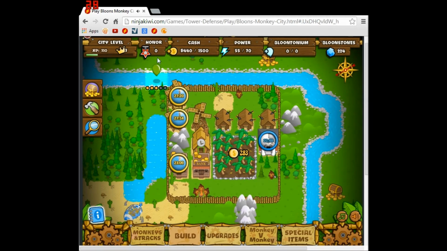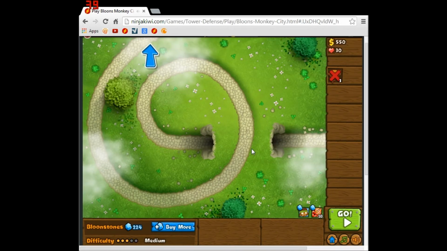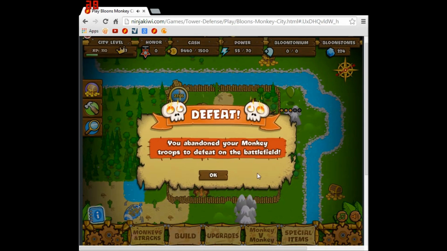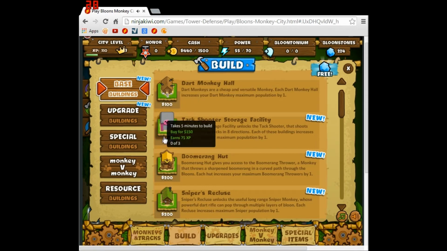Alright, so that was the end of the red Bloons. So now I'm just going to go on and do all the green Bloons. That makes logical sense, although there are no blue Bloons. I don't think I've ever had a blue... Ah, dang it. I'm not allowed to use dart monkeys on that track. You enter your troops. Let's build...